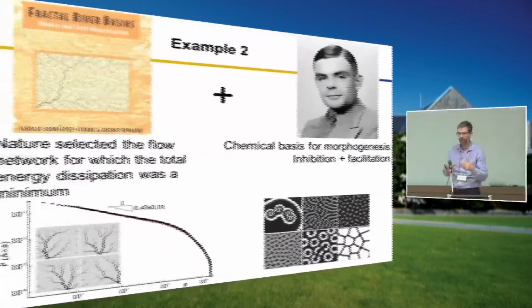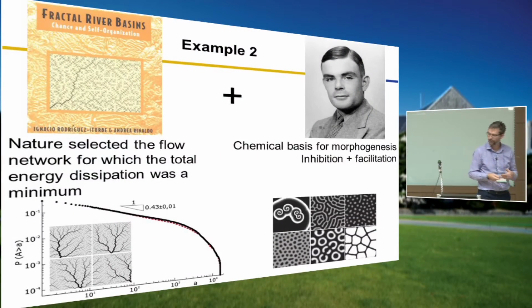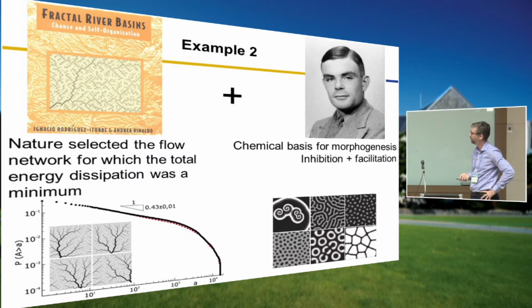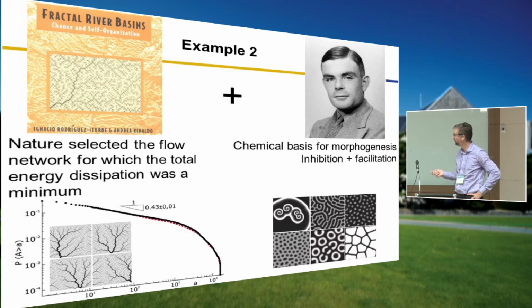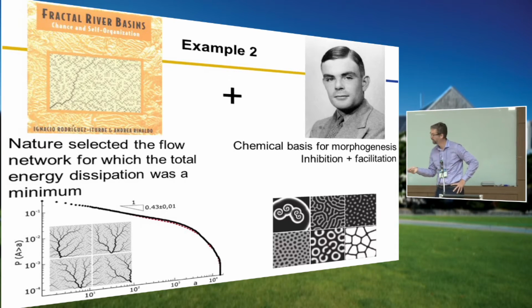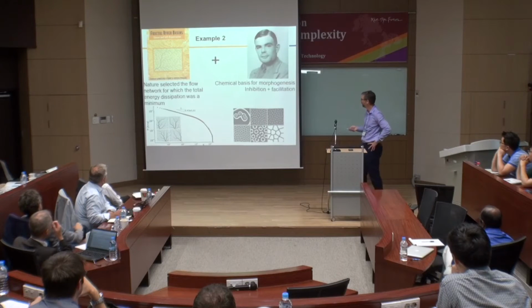Okay, so that was one example looking at soils and water flow on hill slopes and some chemical movement and preferential flow. And in this next example, I'll talk a bit about some work I did with Kyong Rock a few years ago now. This is trying to link the idea of fractal river basins with Alan Turing's idea that you can get patterns forming spontaneously in nature when you have a balance between competition or inhibition and